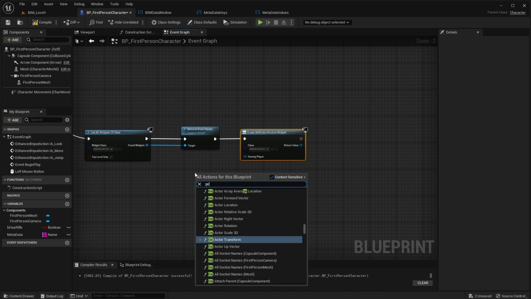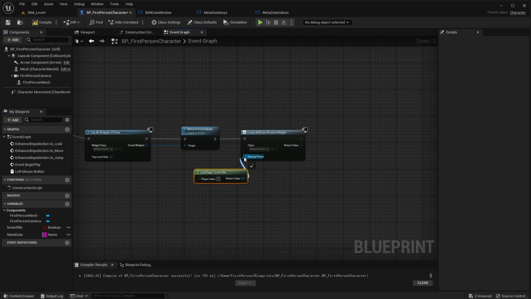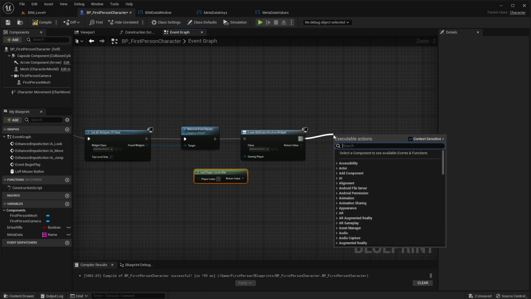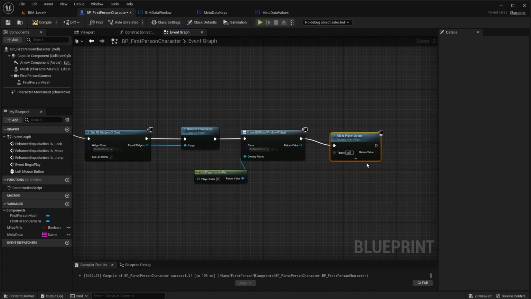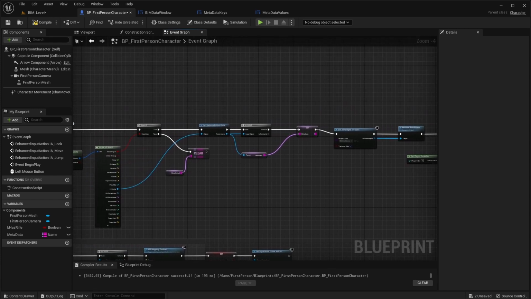Add reference here, get player character or controller here, and next we need to add the widget to the player screen. So add to player screen. Now we should have a widget visible, and in the case of if we do not hit the BIM object,